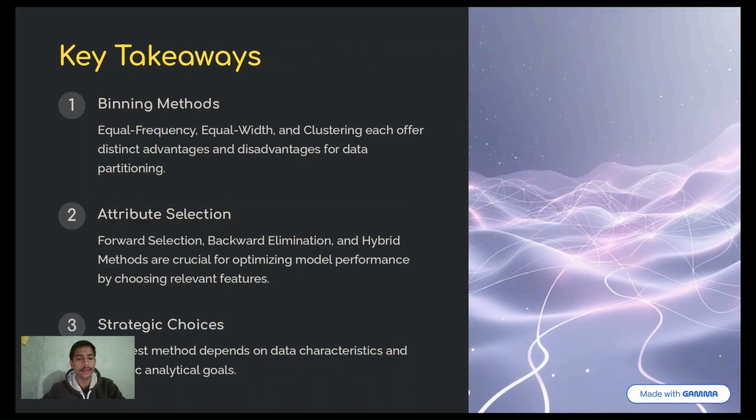The final key takeaways are, first, binning. Whether you choose equal frequency for balance or equal width for scale depends entirely on your data distribution. Second, attribute selection. Techniques like forward selection and backward elimination are critical for simplifying models and improving performance. Third, strategy. There is no single best method. The right choice depends on your specific analytical